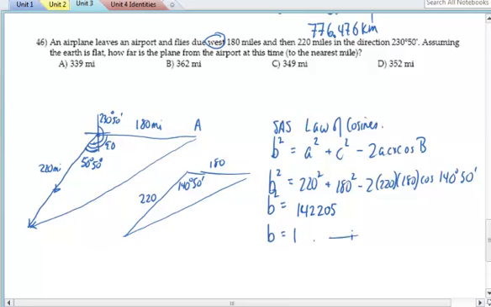But remember, we have to take the square root of that again, which will be 377 miles, and it's still not quite right. So